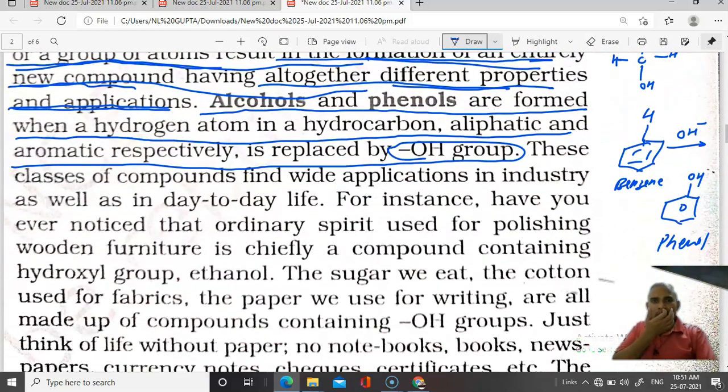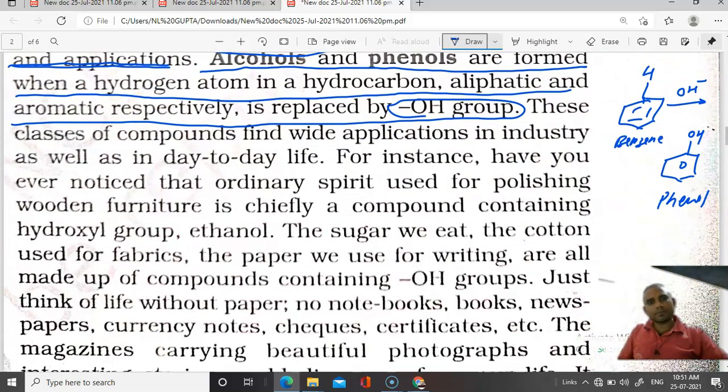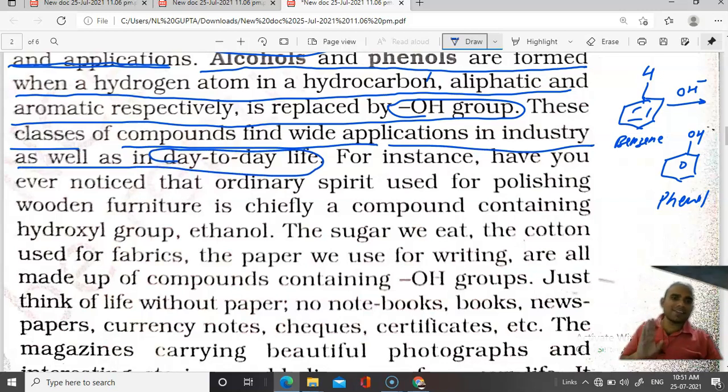Now see these classes of compounds: they find wide application in industry as well as day-to-day life. So their application is in industry and day-to-day life. For instance, have you ever noticed that the